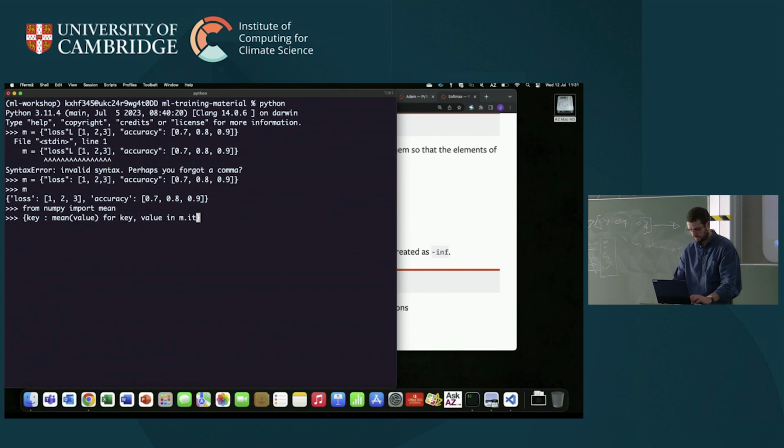So basically, yeah, we iterate over each key value pair in the big history dictionary, and then just return its mean. So the mean of 1, 2, and 3 is 2. The mean accuracy is 0.779. Okay, so you could also, if you wanted,